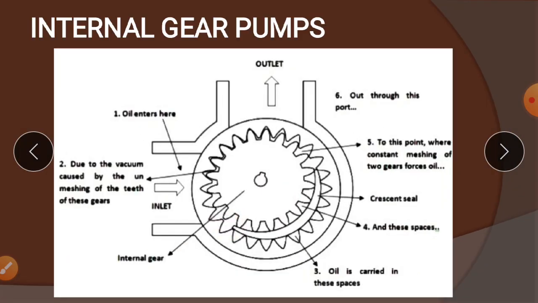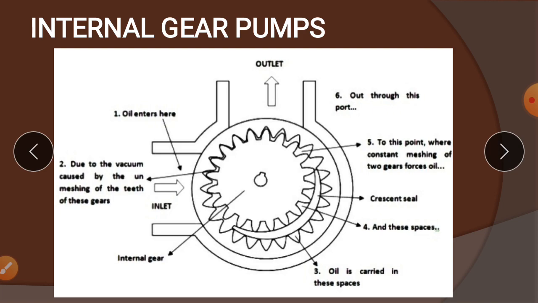So that is the action that takes place in the internal gear pump. You can see at the outlet what happens: the volume is reduced at this portion. Here the volume increases as the unmeshing takes place, but at this portion the volume reduces. So the cavity volume is reduced, and because of that it pushes the liquid to the outlet portion. Like that, the high pressure liquid is transmitted, and continuous flow can be expected in this type of internal gear pump.